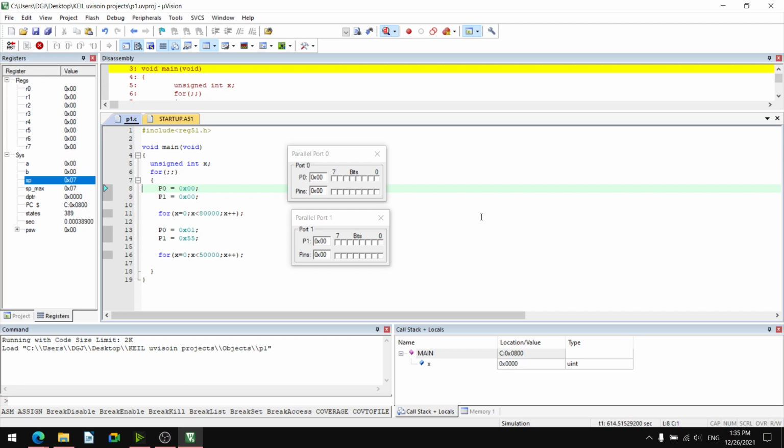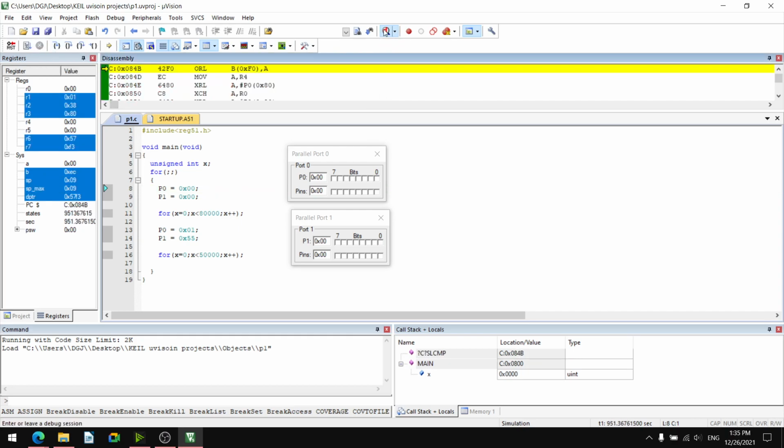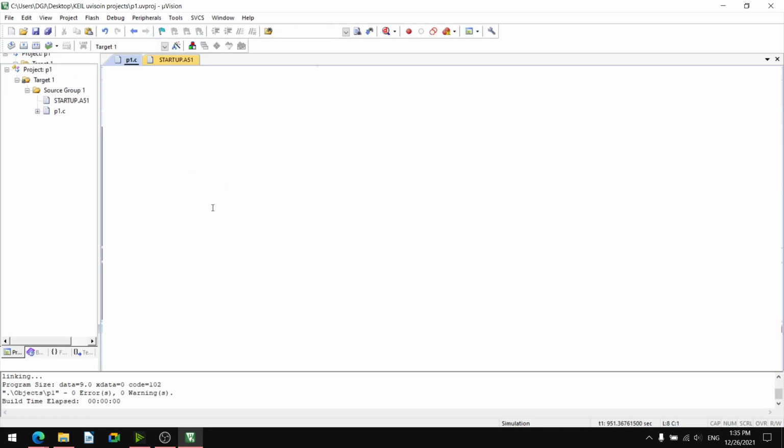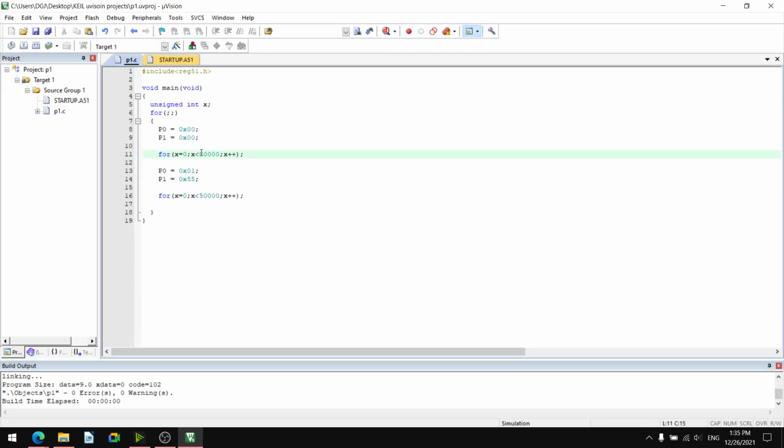So 80,000 is taking long time, long delay. Let us shorten it. I will stop the run and stop the debug. And 80,000 I will change again to 50,000.